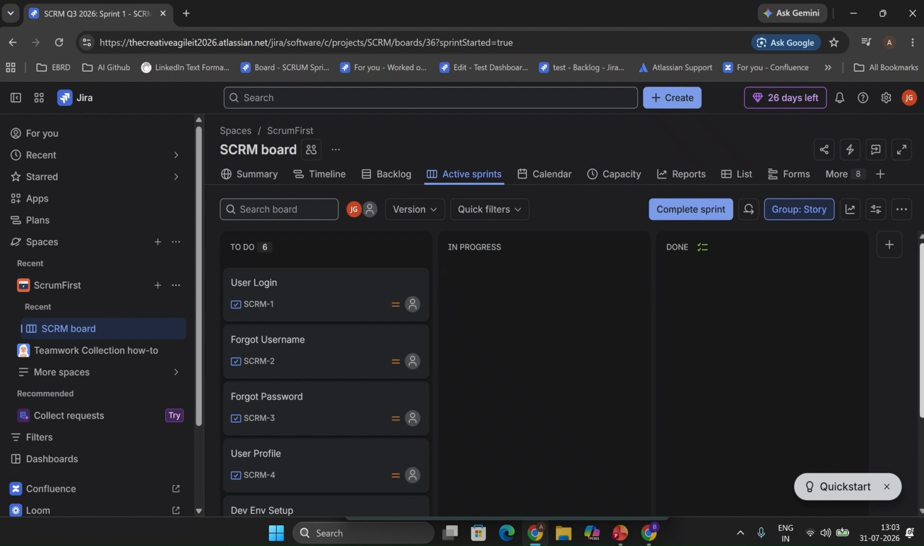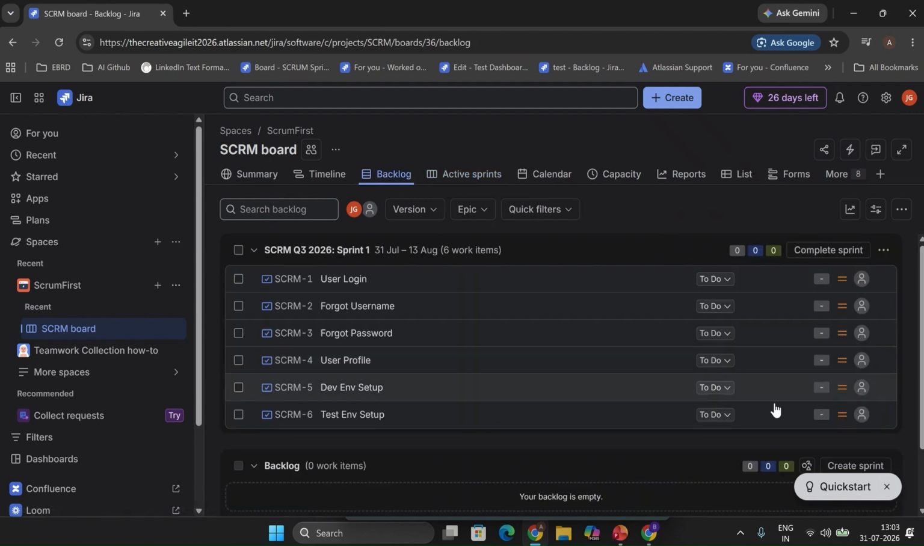That could be the topic for the next video. But we learned how we can add the dates, how we can rename our sprint as well, and we can start it. If we have to complete the sprint, all we have to do is click on the complete sign. So if I say, let's say we just mark one of the items as done, and we simply say